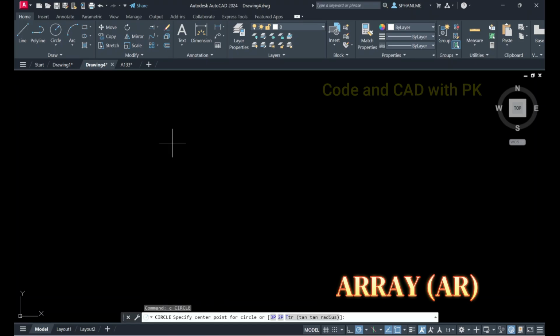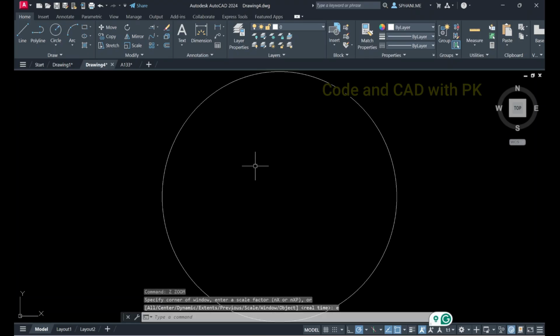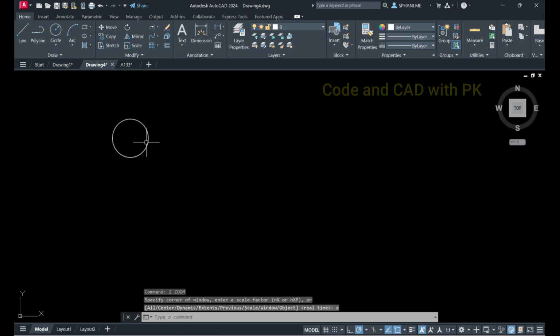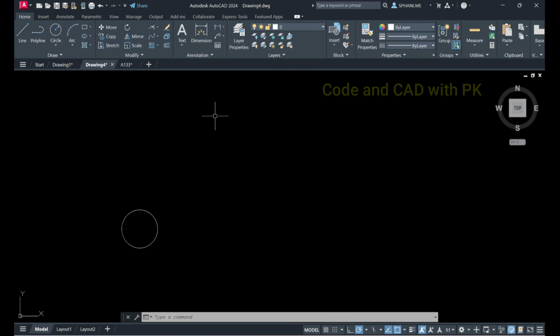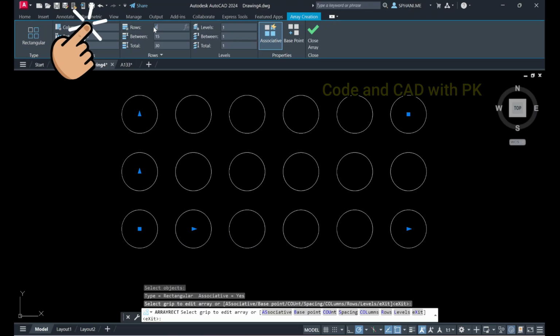For example, you have a circle like this, C, D, enter, 10. Z, enter, E, enter. You have a circle like this. I am going to make these circles in a rectangle fashion. You will go to the rectangular array, select this object, click enter, click enter. If you want 6 columns, suppose 6, you want 6 rows, change here 6. Okay, like that you will get a series of objects in a